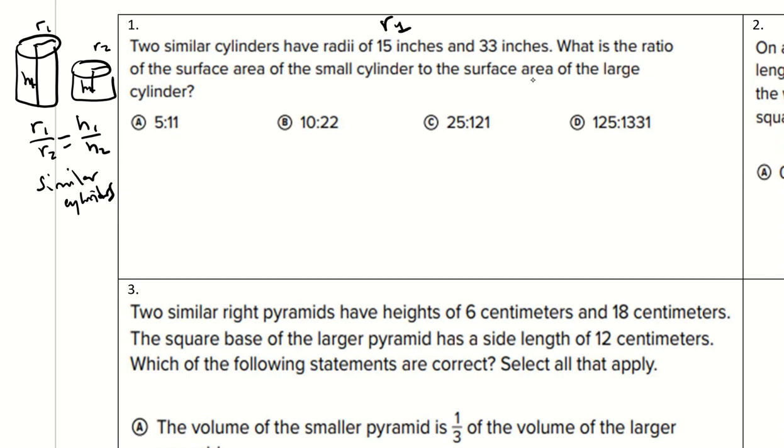Now, they give you R1 and they give you R2. So what's the relationship between the ratio of the radii and the surface area? Well, I'll go ahead and show you. The relationship is that the ratio of the surface areas is the same thing as the ratio of the radii squared. Because normally area is a squared quantity. If we take the ratio of the radii, we just square that number, and that gives us the ratio of the surface areas. It tells us how much bigger or smaller the surface area of one is compared to the other. All right, so in this case, we have R1 is 15, and R2 is 33,